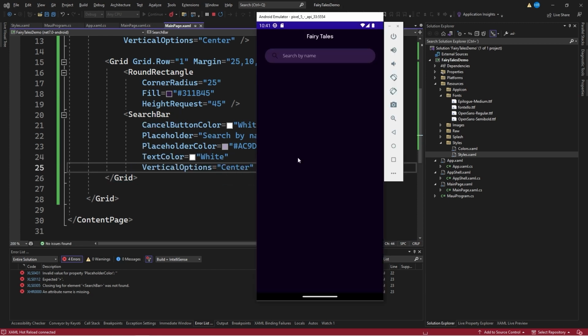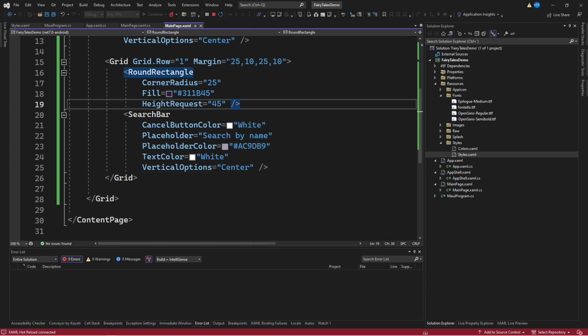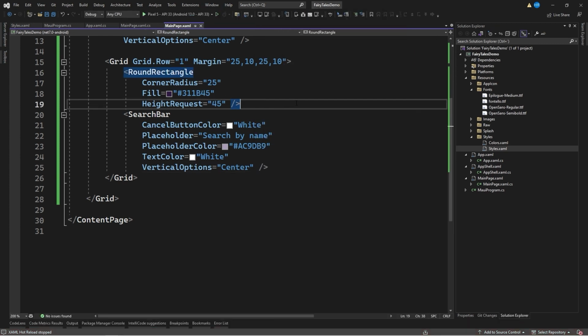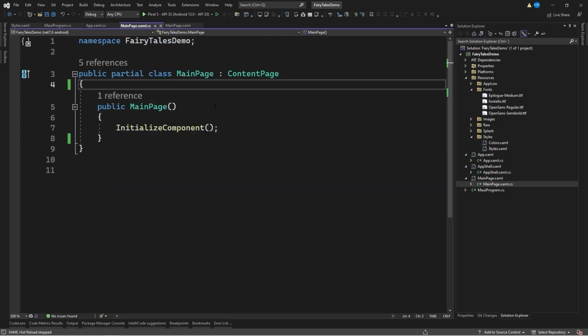Upon saving the changes, we can appreciate that we now have this nice search bar control as part of the application. However, there is an element that you surely already noticed that does not match the design as much. It is this icon that you can see on the screen. We will modify the code behind of this file to change that color. On this occasion, we will only make the handler for Android, but you can do it perfectly for any other platform. I'm going to the code behind of this page,